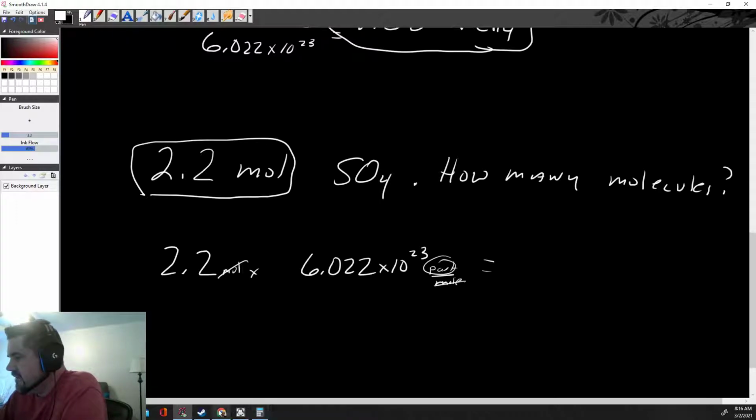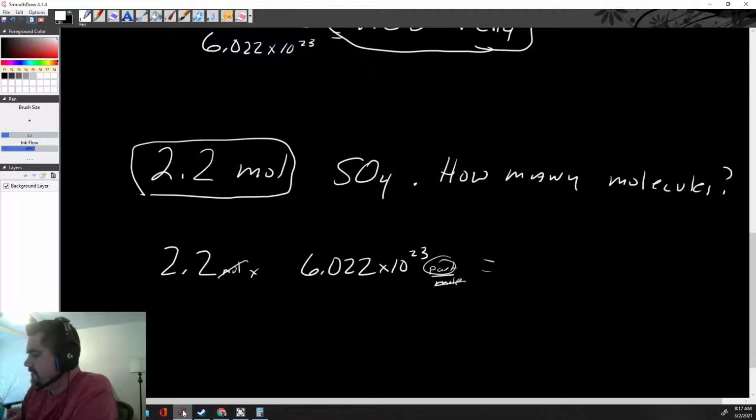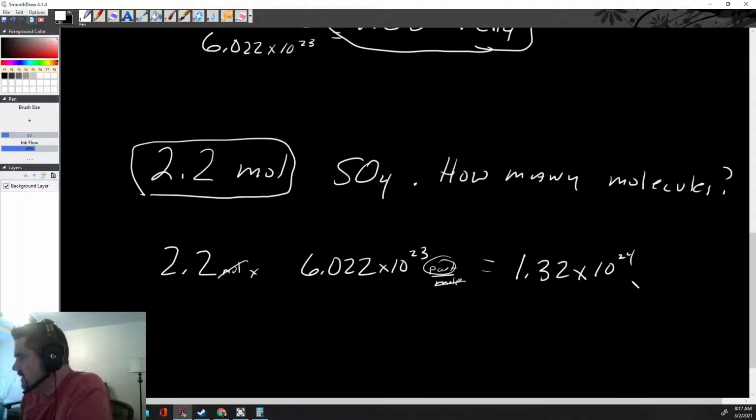And we could do that over here in the Google thing. We'll go 2.2 times Avogadro's number, 6.022. And then don't forget to put the exp here to the 23rd power, which is equal to 1.32 to the 24th power. See the 24 here? So that's not a plus sign. That just means it's a positive power. So times 10 to the 24th power. So 1.32 times 10 to the 24th power